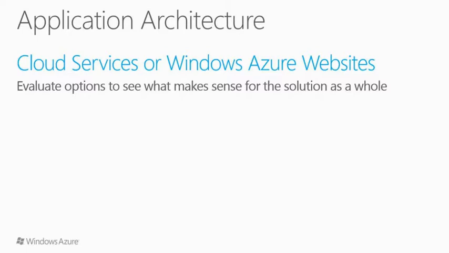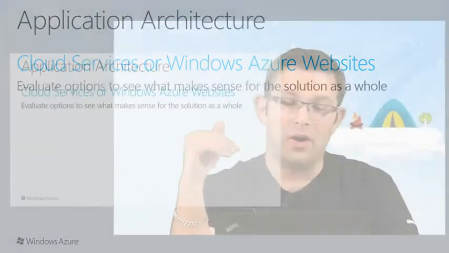For those that didn't see the previous workshops, Windows Azure websites is a brand new feature in the platform that allows you to deploy applications very quickly, either through FTP, web deploy, Git, TFS, or just from the gallery